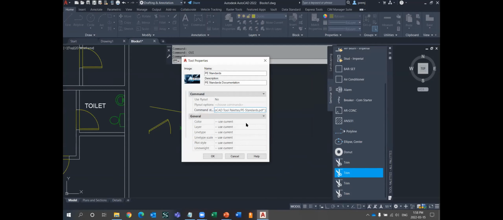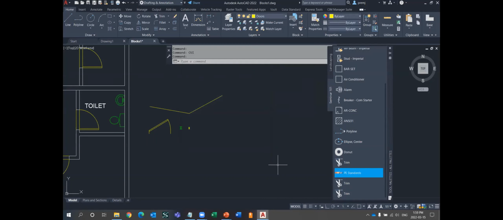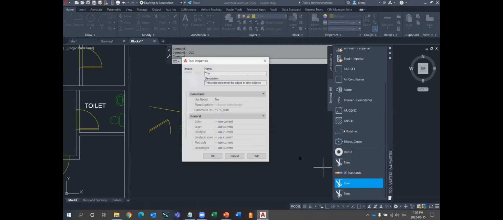Okay, you get the idea. You could include an image. You could create your own pictures and apply to the symbols. That's one. I'm going to try a few different